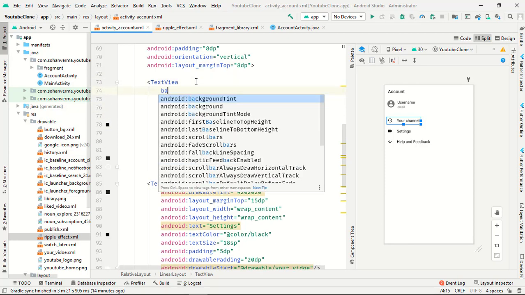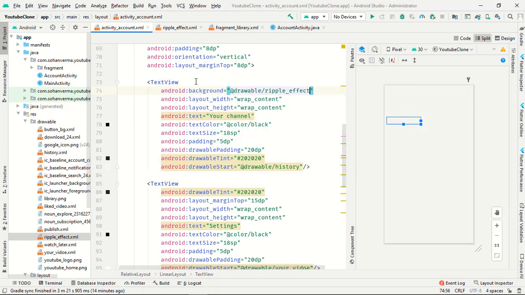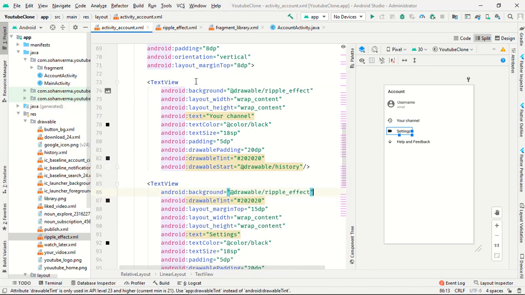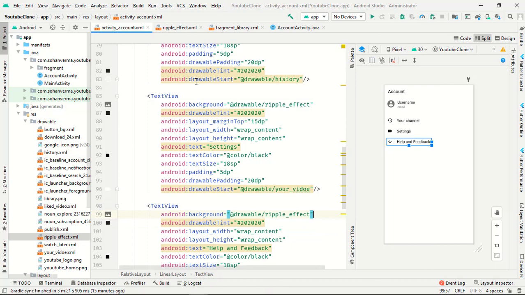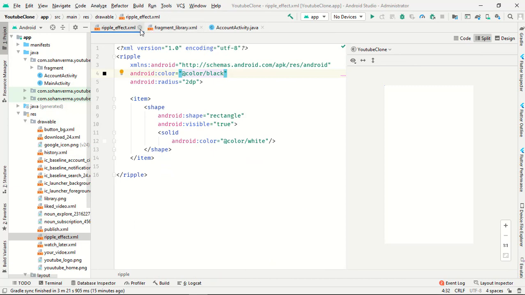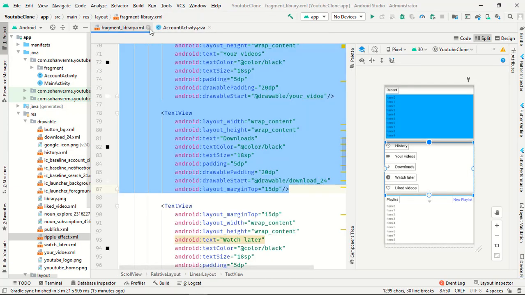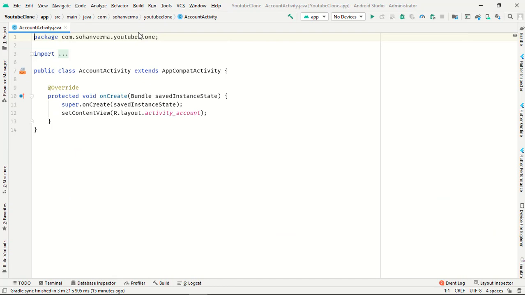Background ripple effect. Just copy this line and put it below the text view. Okay, and this text view. Perfect. Now our XML file work is completed. Now just go to your main account activity